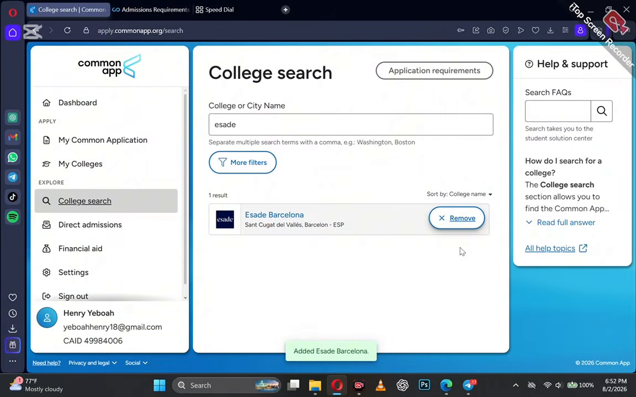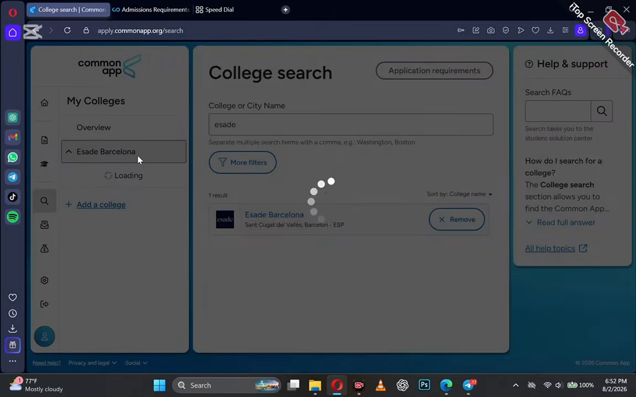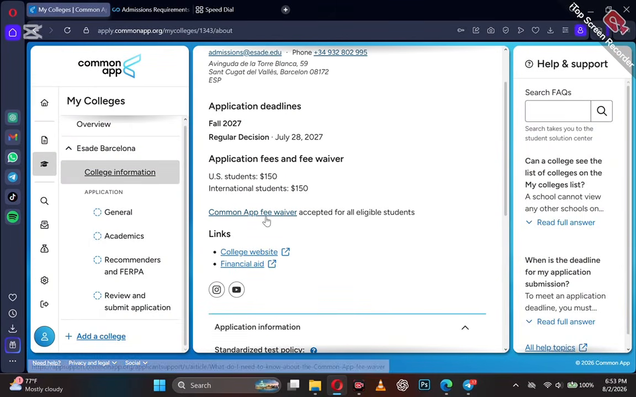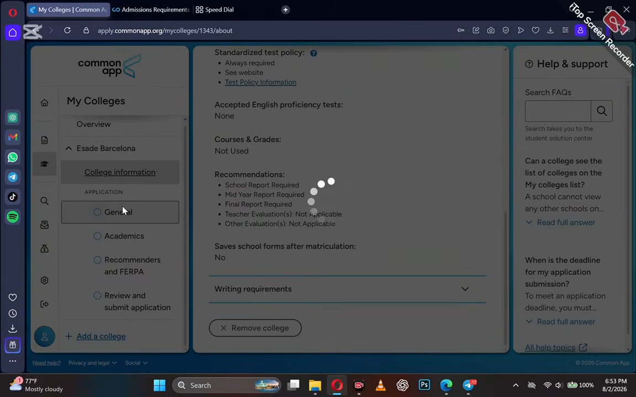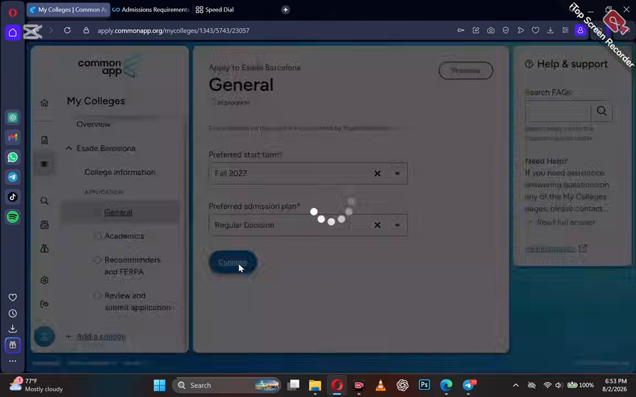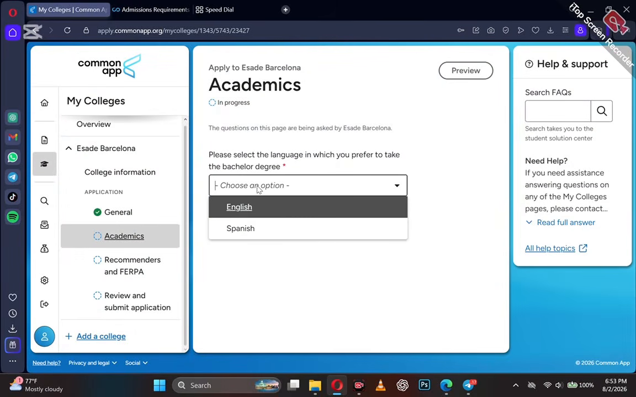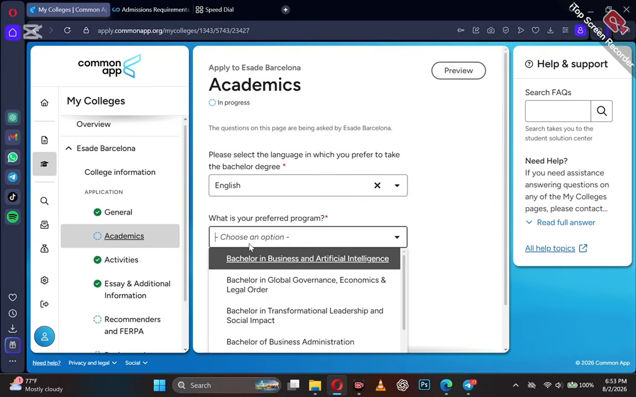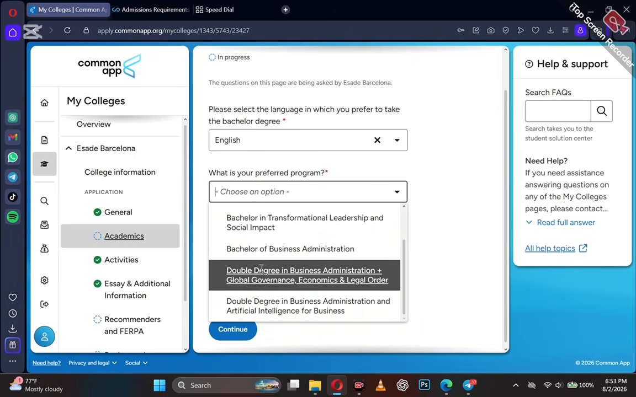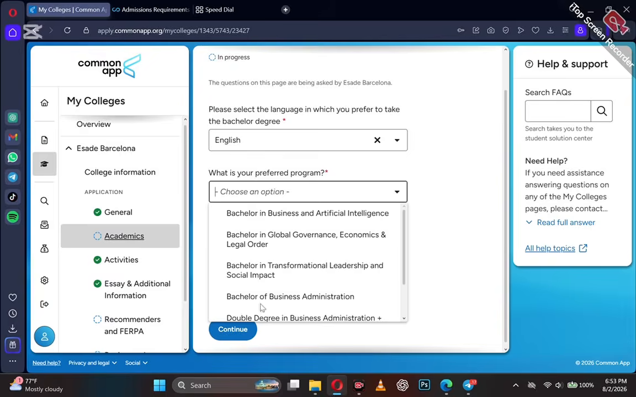So you go to your My Colleges section, you select that school. They have a little bit of information about them over here, and then there's the actual application process underneath. So you start from the general, where you're going to choose your preferred start term, and your preferred admission plans. Then we move forward to academics, where you're going to choose the program you would want to offer or your program preference. You see, SID has a very short application process, but there are some other schools where you are going to get more questions,